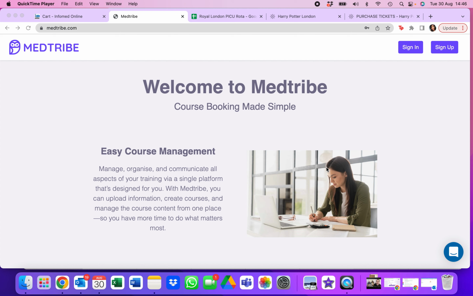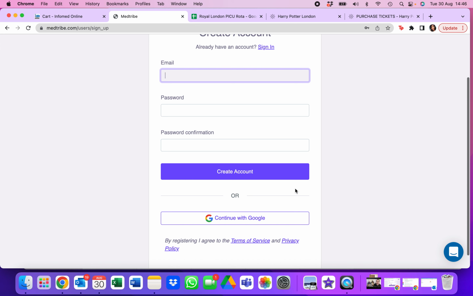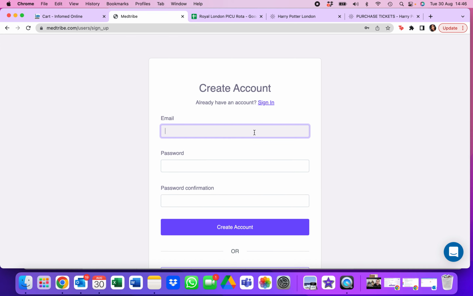So the first thing I'd like all of you to do is go to Medtribe, and then I'd like you to sign up. So when you sign up, hopefully you can see this, it's just email, password, confirmation, and then create account. So I'm going to do this with my own email address, but then what I'm going to do is revert back to the account I've already made for our